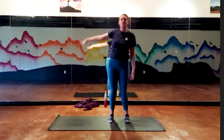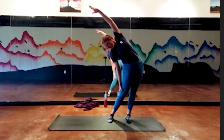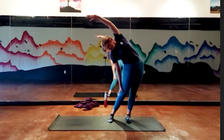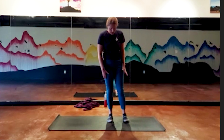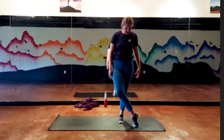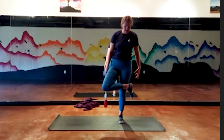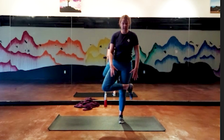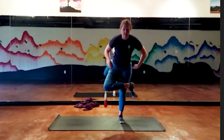Good, rising up, switch directions. All the way up and over toward the right. Good. And then we're turning up. We're standing on our left foot. The right foot can either be resting on the ground in front of us or right ankle up on left thigh. If we're here, we're bending the standing leg, trying to sit the hips back, and feel how the further